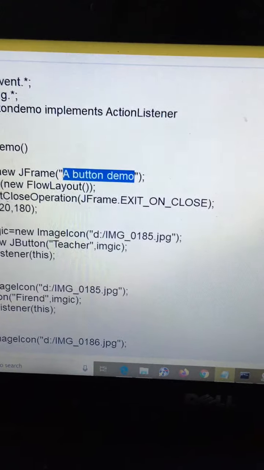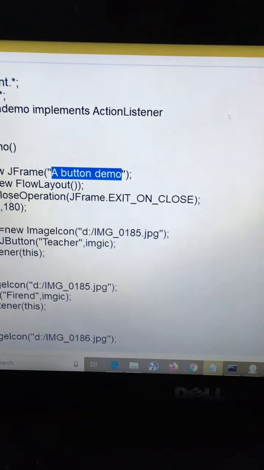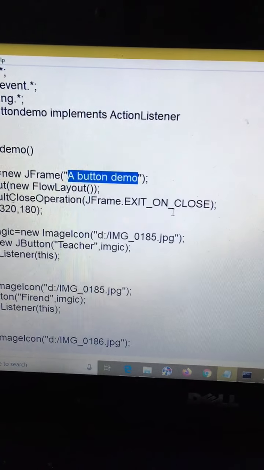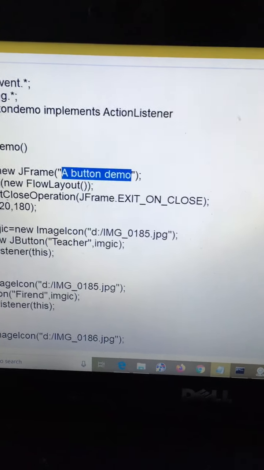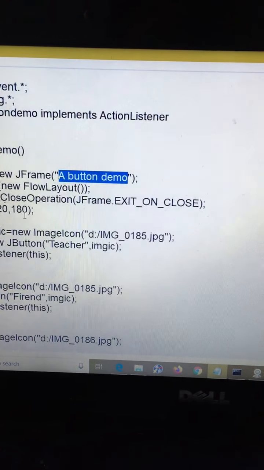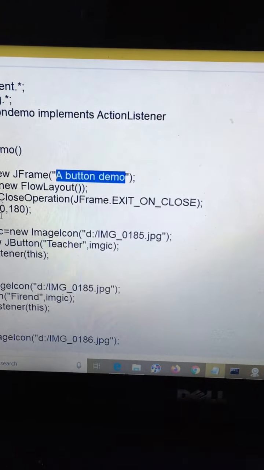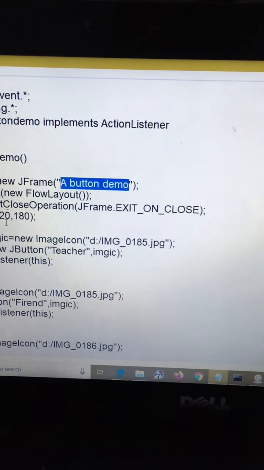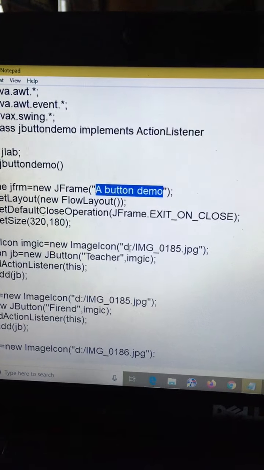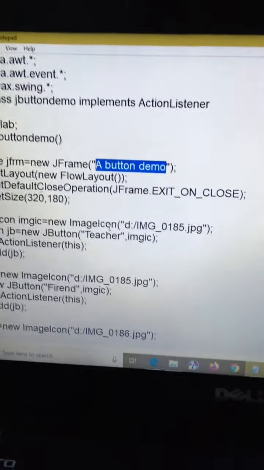We know setLayout and setDefaultCloseOperation, and we know this also. The size of the frame is 320 pixels of width and 180 pixels of height. ImageIcon imgic = new ImageIcon.